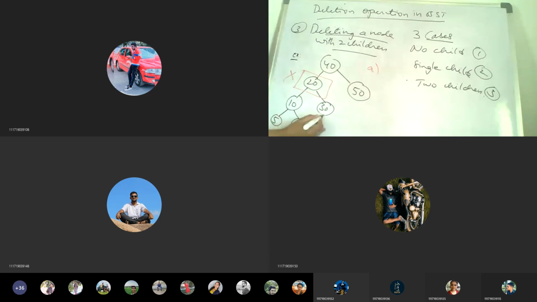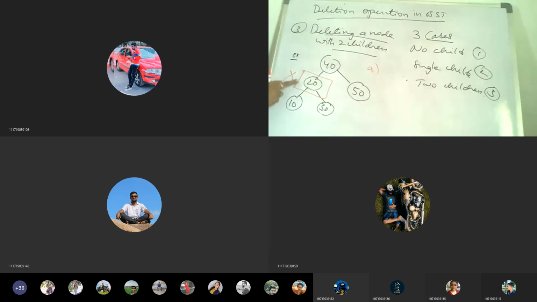So this is the tree structure, and this is, say, 22 and this is 40. So the example is like this. Here there are only two children, right?